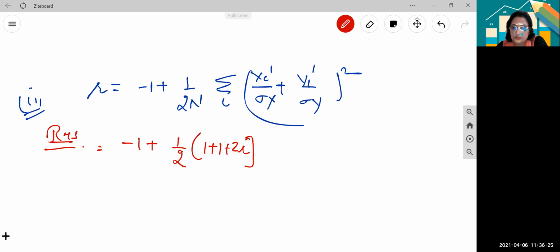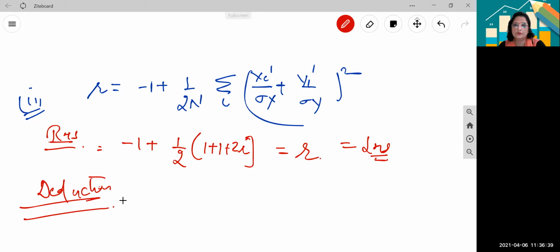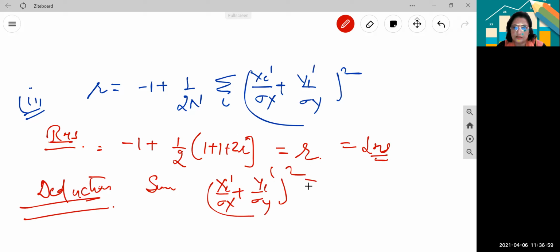ठीक है जी। So same exactly, सिर्फ साइंस चेंज होंगे। So ultimately what you will get is r, this is equal to r. Now the deduction, this is equal to left hand side that we want to prove. Now deduction, how to deduct? Now again, square of a quantity is always non-negative, right? It implies since xi dash upon sigma x plus yi dash upon sigma y its square is always greater than or equal to 0, it implies r is equal to -1 plus